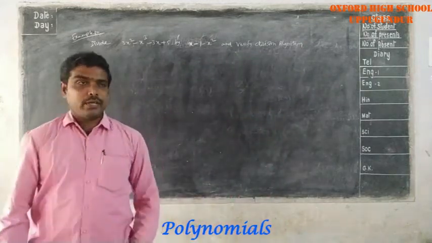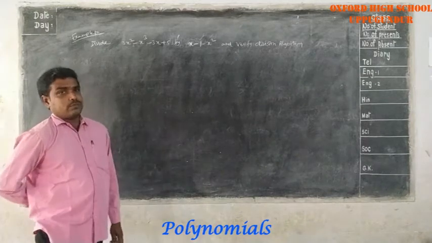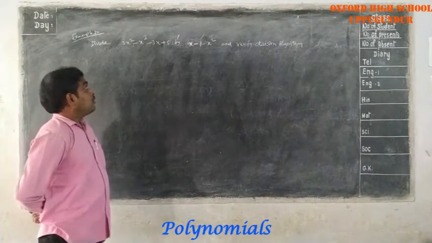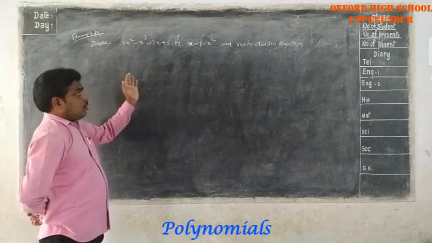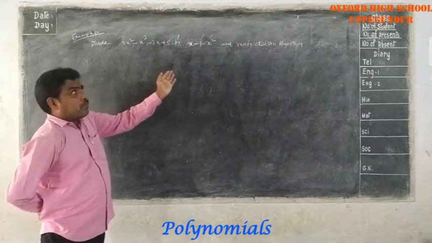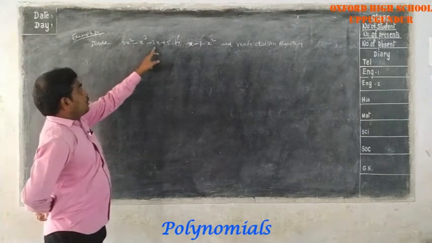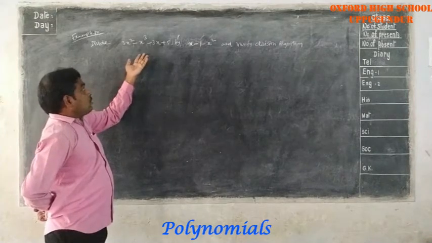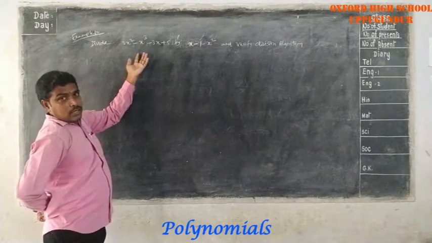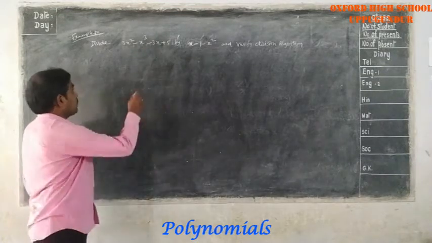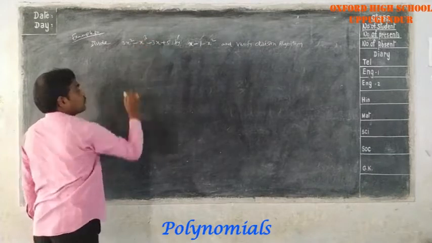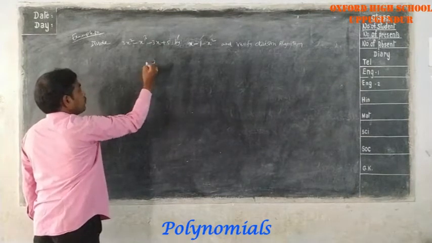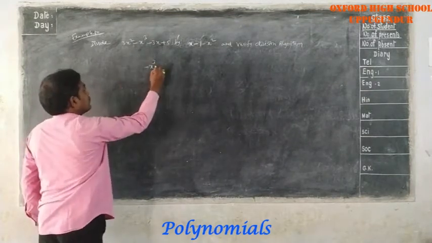Whenever we are dividing any two polynomials, first we have to observe whether the terms are in descending order of degree. When you observe this, here we have degree 2, degree 3, degree 1, degree 5. So this is not in descending order. You have to write based on the descending order of the degree of the terms. Here the highest degree is this one, so first you write that term. That is the dividend: minus x cube. Next the x square term, plus 3x square.